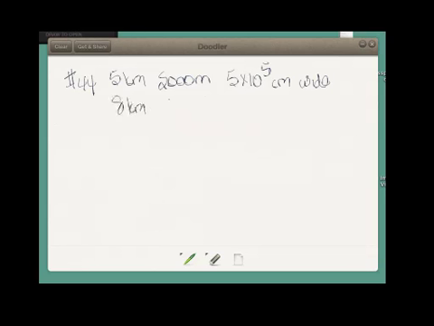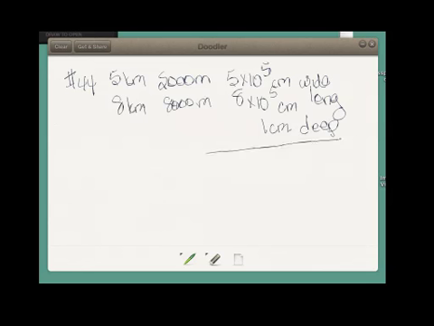Eight kilometers, well, that's 8,000 meters, or 8 times 10 to the 5th centimeters long, and it's 1 centimeter deep. That works out to be a volume of 40 times 10 to the 10th centimeters cubed